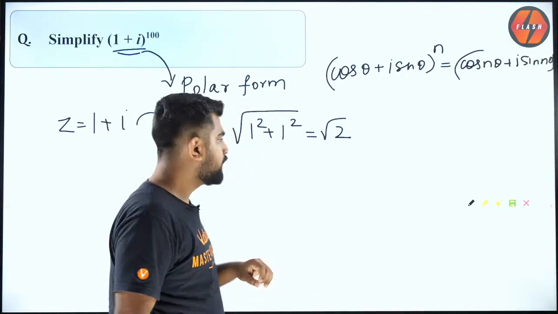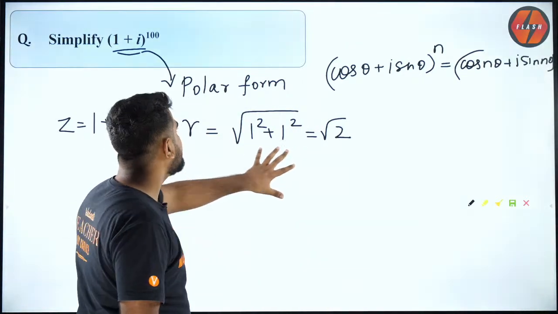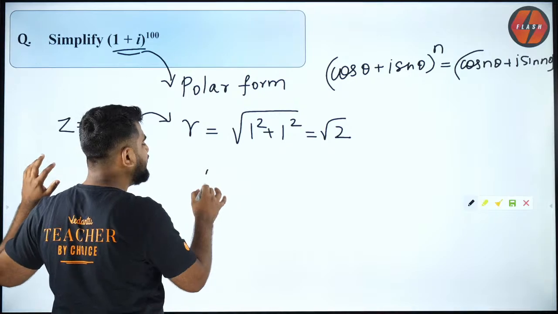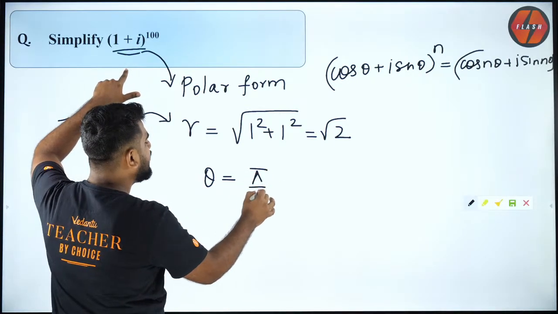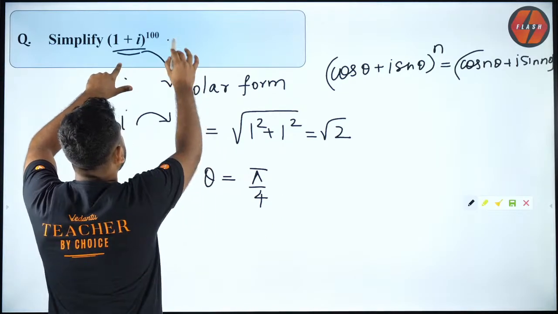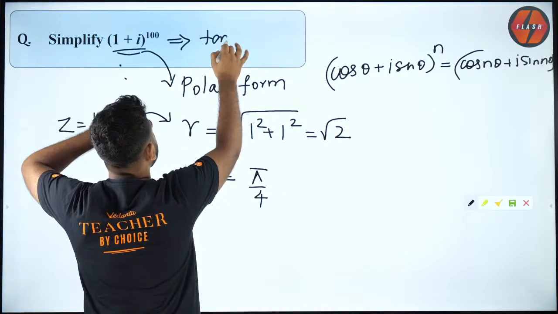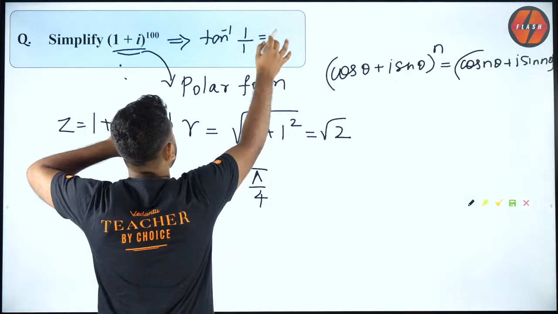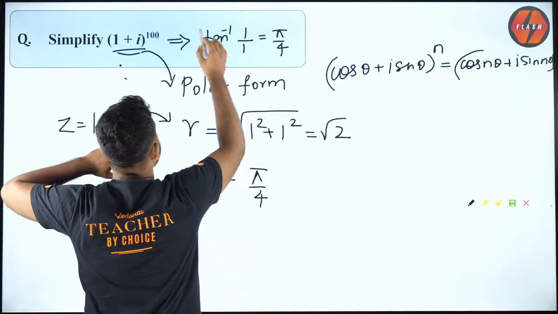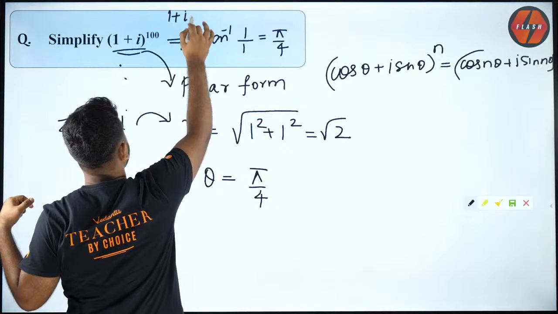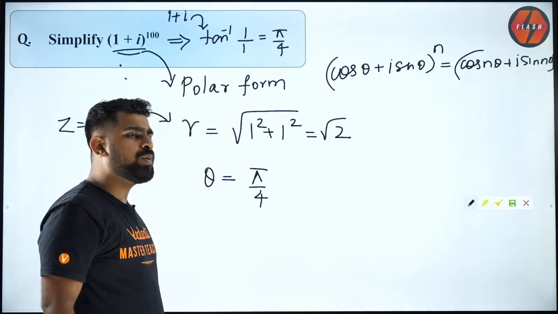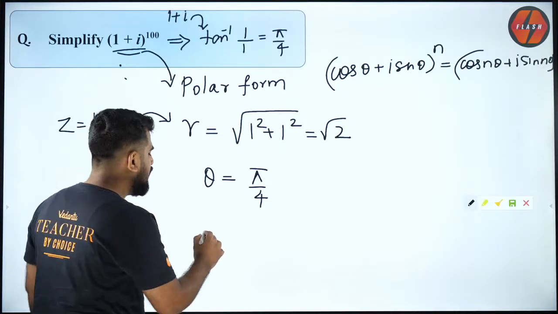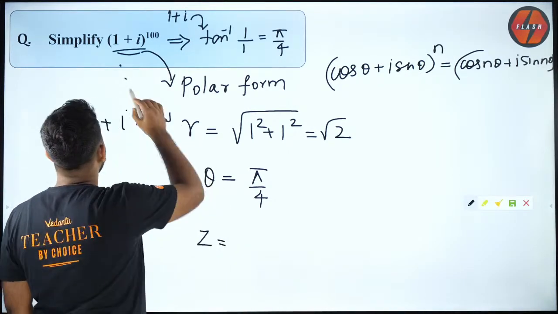Got it? So everybody clear with R? Once I get R, I need to find theta. What is my argument? This is the first quadrant, so do you agree the argument is pi by 4? Because it is nothing but tan inverse of B by A, which is pi by 4. Are you all clear? For 1 plus i, I mean. So theta is equal to pi by 4. Now I can write this whole z